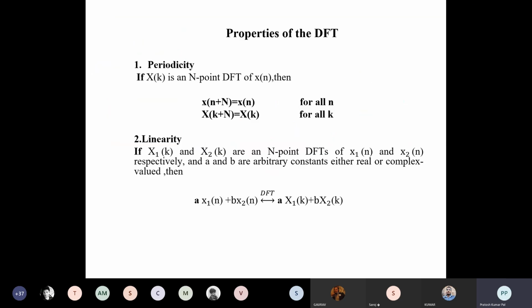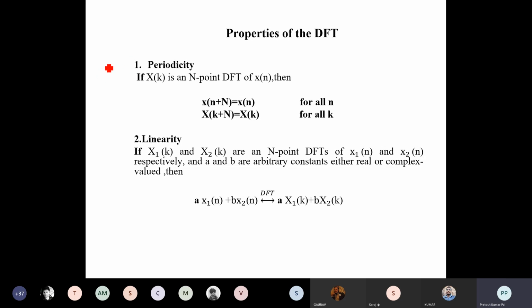So we will go to the properties. The next topic, after calculation of DFT and IDFT by using the matrix method and mathematical formula, is the properties of DFT. So what are the different properties a DFT shows? We will see one by one. These are the properties that you need to remember, or use while calculating a DFT. That formula is for calculation of the DFT of basic signals.